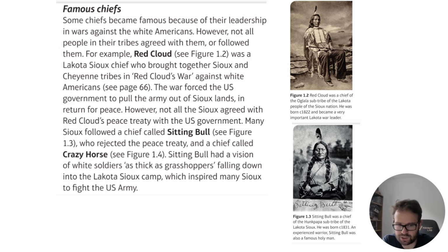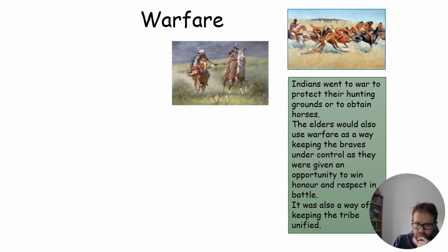Now I won't spend too long on the chiefs. I think the main ones are Red Cloud, Sitting Bull, Crazy Horse. These guys will come across in the Indian Wars, and we'll look at how they have a big impact later on. But there's not one clear leader in this. There's not one key chief. They all kind of have their own little roles here. There's not one who speaks for all.